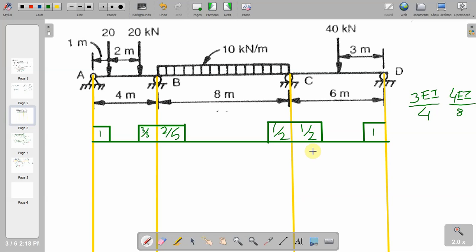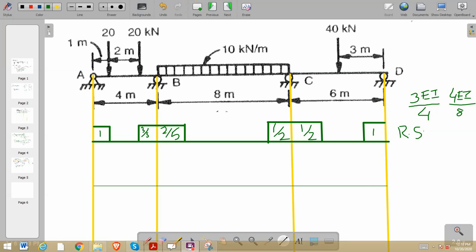Next step is to write the fixed end moments. So how to do that? Draw another line. Okay, draw another line. Now let me just